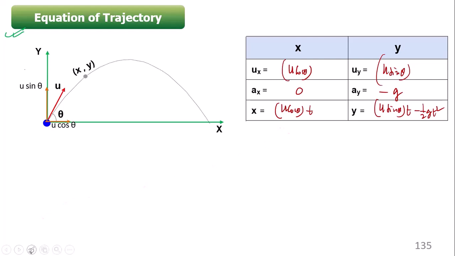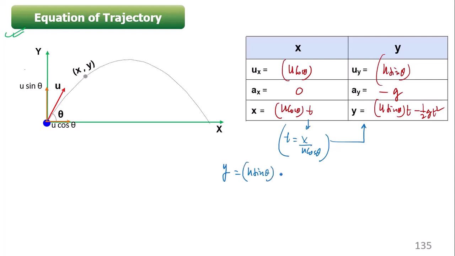Now what you have to do? You have to eliminate the time. From this equation, what is the value of t? t should be equal to x by u cos theta. Now put it in the second equation. So the second equation gives y equals u sin theta into t